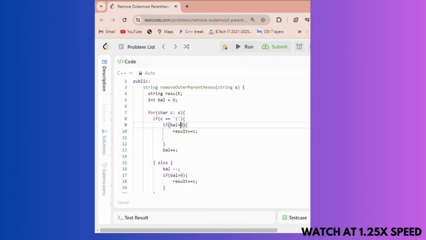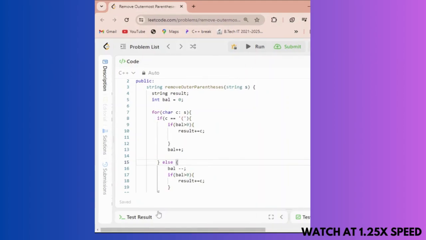And if this is the closing bracket, then you should decrement the balance. If your balance is greater than 0 after decrementing, it means that this bracket is not the outer parenthesis, so append it to result.